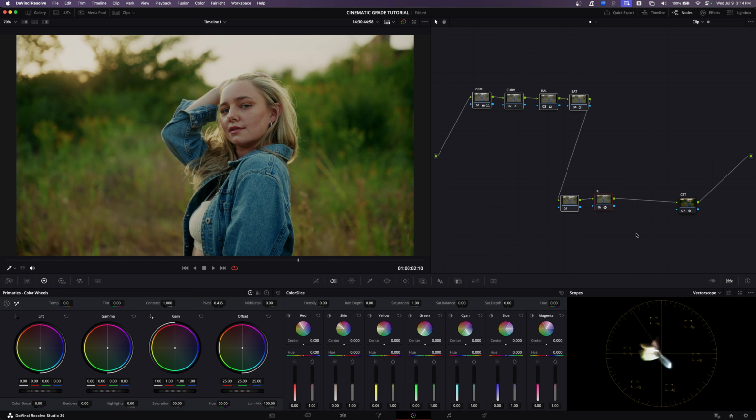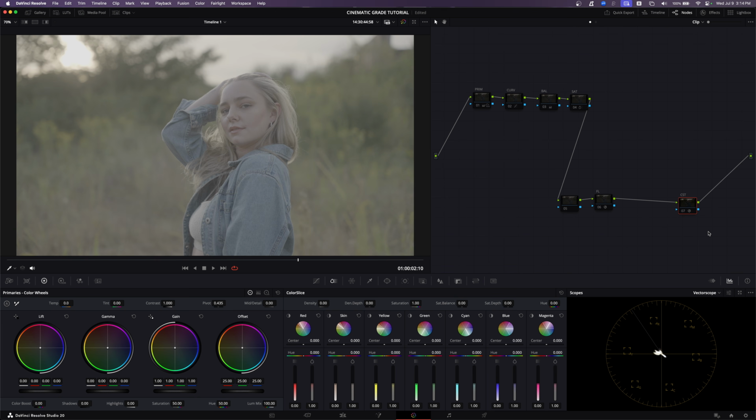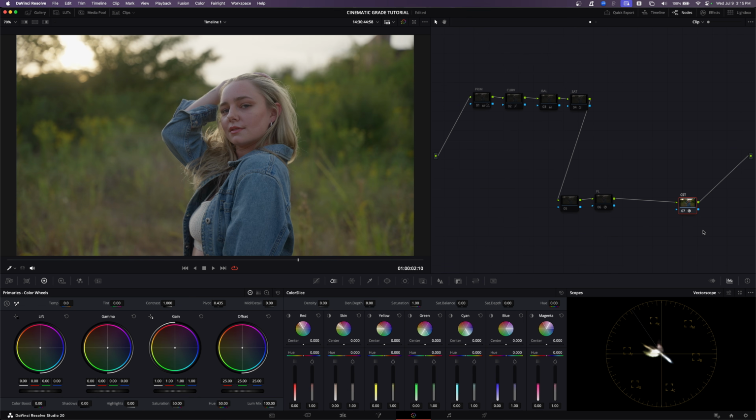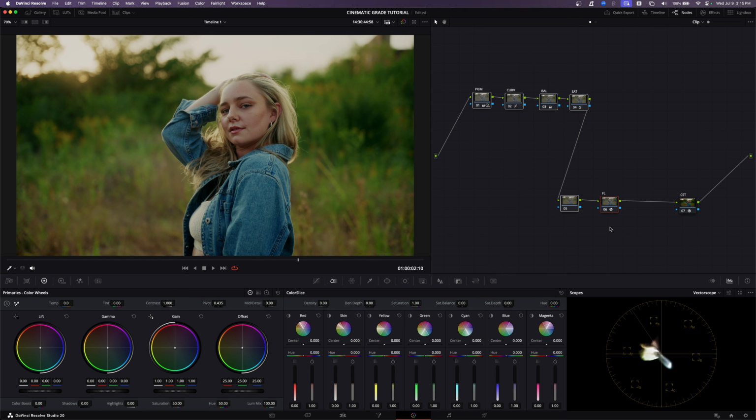If we turn off these nodes, this is what we started with. Very big difference. This was our log, and then this was our Rec 709. And honestly, when you look at this, you think, okay, it's not so bad. But after we saw what we created, it looks pretty flat. So we turn on all these, and that is where we ended up, which is a crazy difference. Wow. So if I turn off all that again, Rec 709, where we ended up,